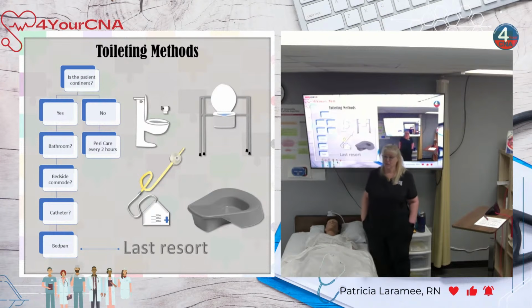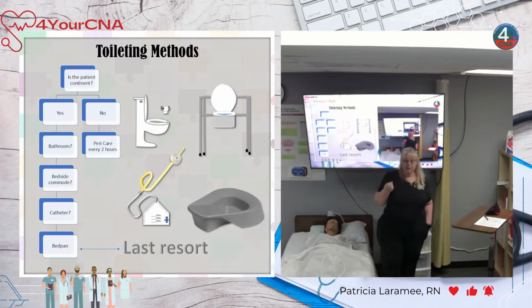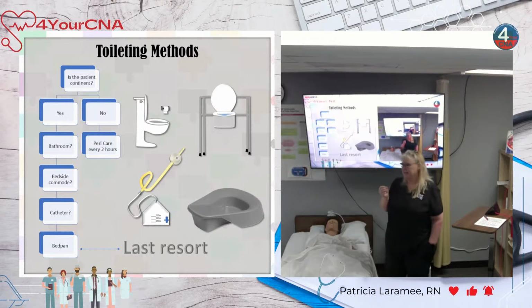So all that I've got left is the bedpan. That's last resort. I had to go through all of this to get here. It wasn't my first pick. I didn't go straight to you hitting the call light and me coming in saying, do you want a bedpan? That's not what I did. Why wouldn't this be the first resort? I mean, why wouldn't it be? Well, do you guys remember me saying when we were talking about